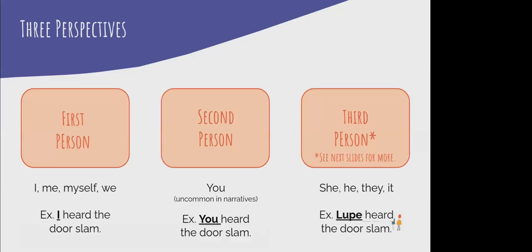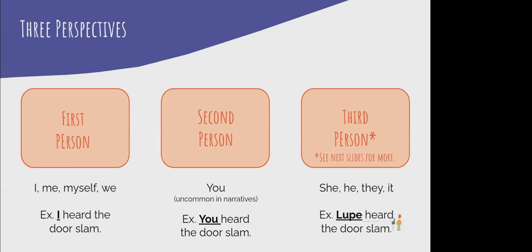Other third person examples that come to my mind off the top of my head would be, if you had me for class and we read that book, Dear Martin, that would be another third person perspective. But the reason why we're going to talk about Harry Potter is because it's a good example of one of the two types of third person narration that we have. Because there are two different kinds of third person narration that we always want to look at.